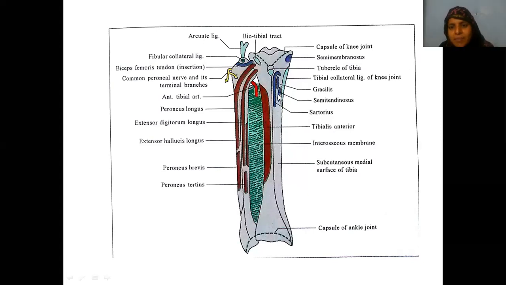semitendinosus is coming from the posterior compartment of the thigh. Gracilis is coming from the medial compartment of the thigh. Sartorius is coming from the anterior compartment of the thigh. That means, suppose this is the thigh, anterior compartment one muscle tendon, medial compartment one muscle, posterior compartment one muscle. All three muscles are converging at one side as though they are suspending a tent, and they are like a rope. All three ropes are coming and converging at a common point.